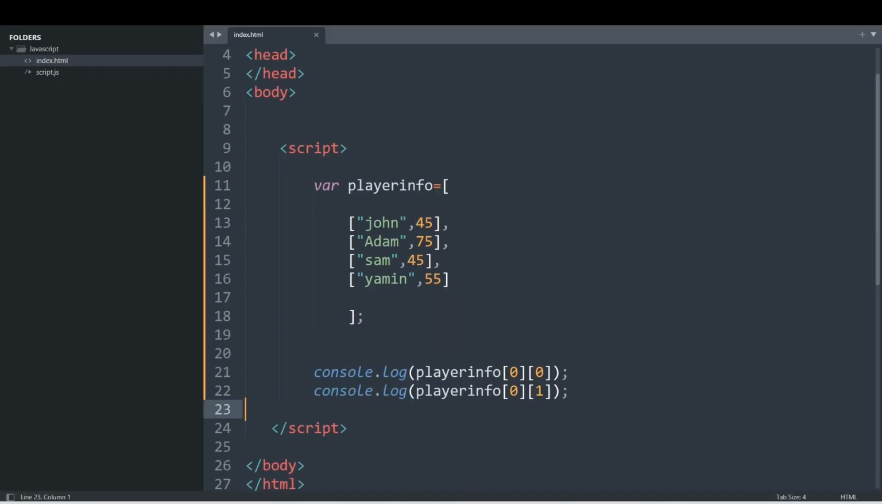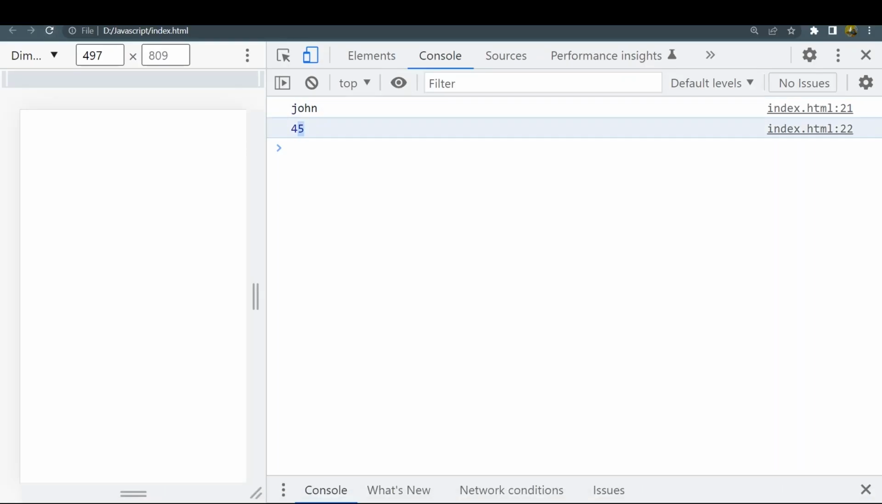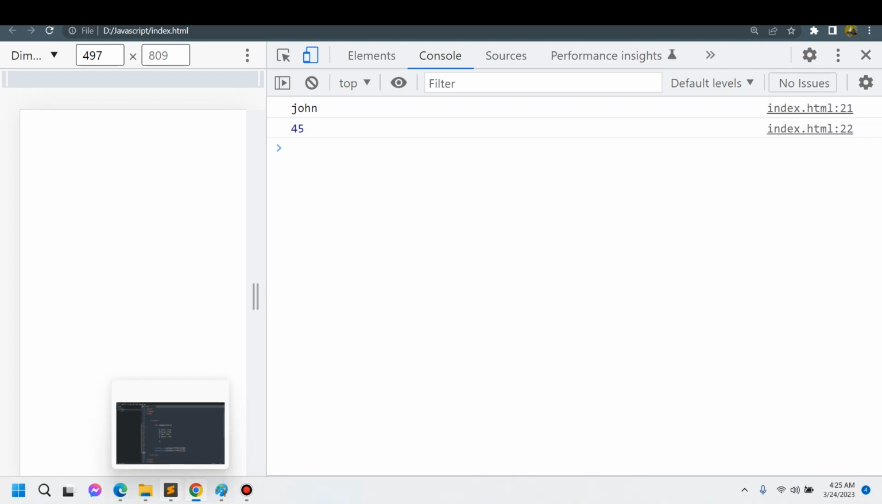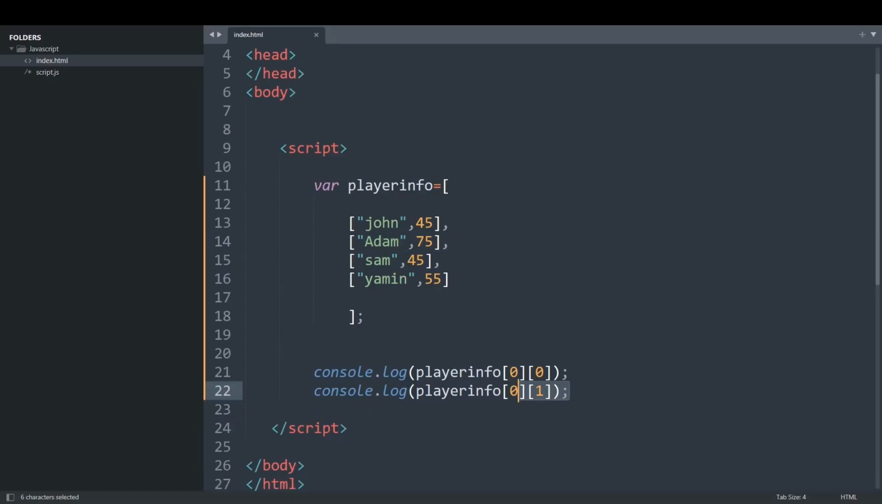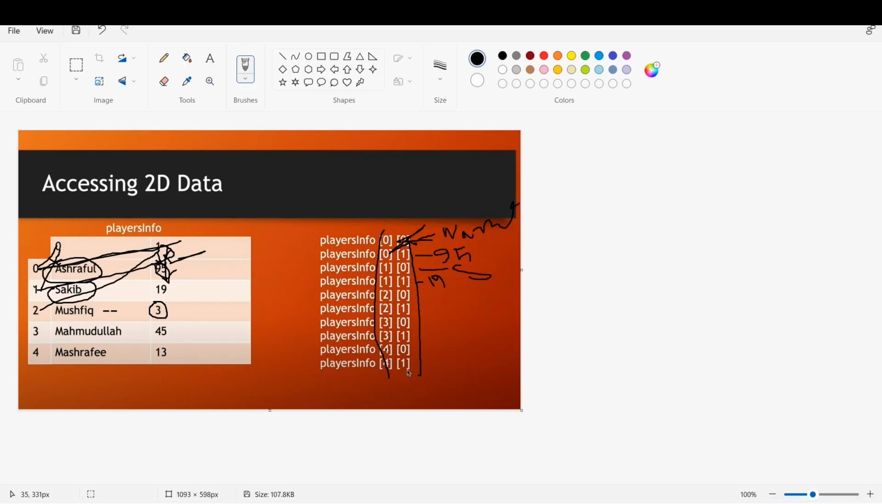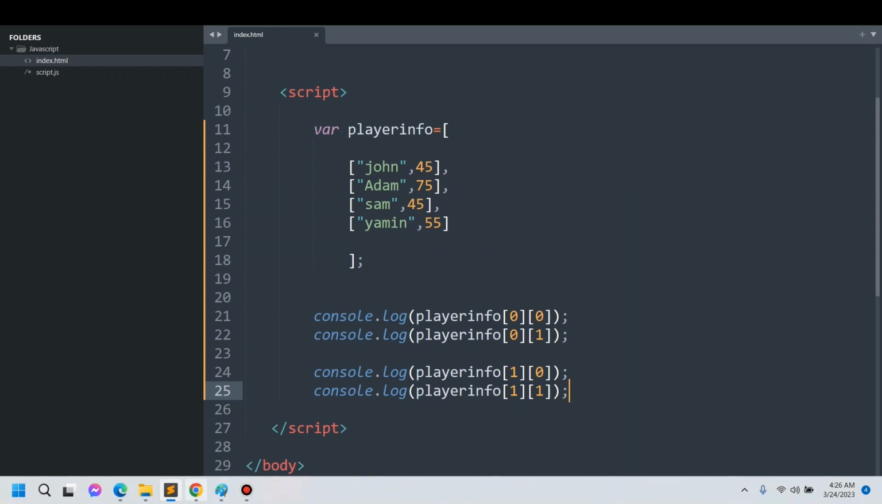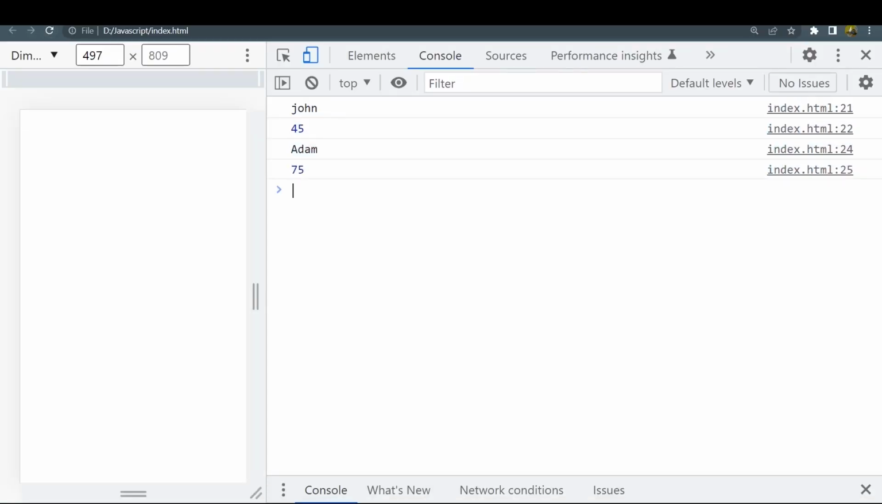So here if you say 0 on, then save it, then refresh here. Here you can see John and the value 45. Now let's say you want to print this on. So for it, let me just copy this and paste it here, and for this one it will be on 0 and on. Let me just show you the picture again. Here you can see on and 0, on and on. Here you can see on 0, on. So right now if we save, then if we refresh here, here you can see we got all the names